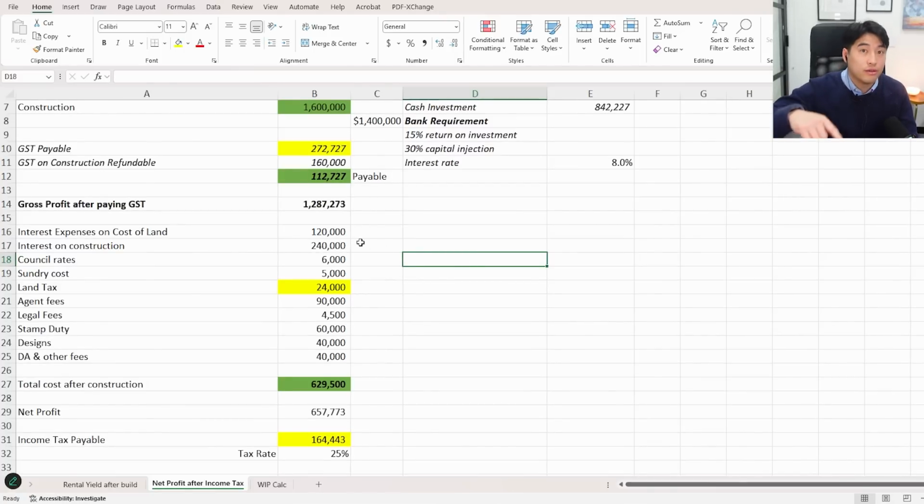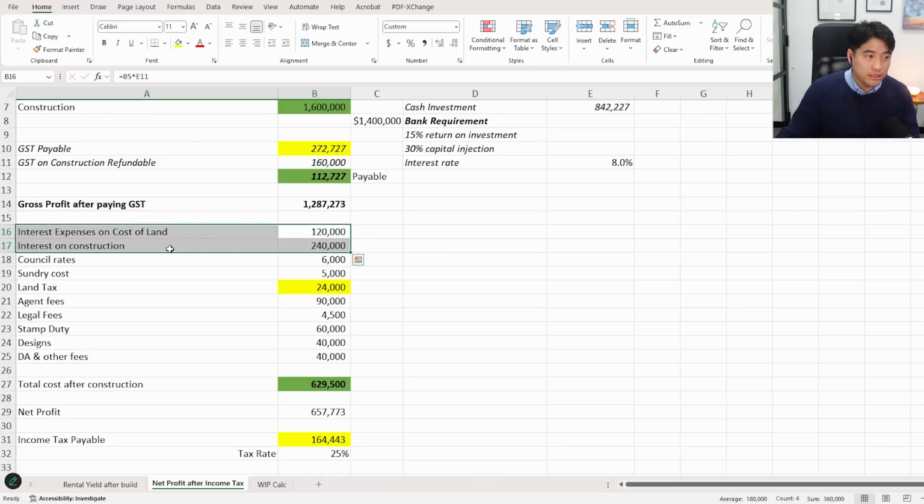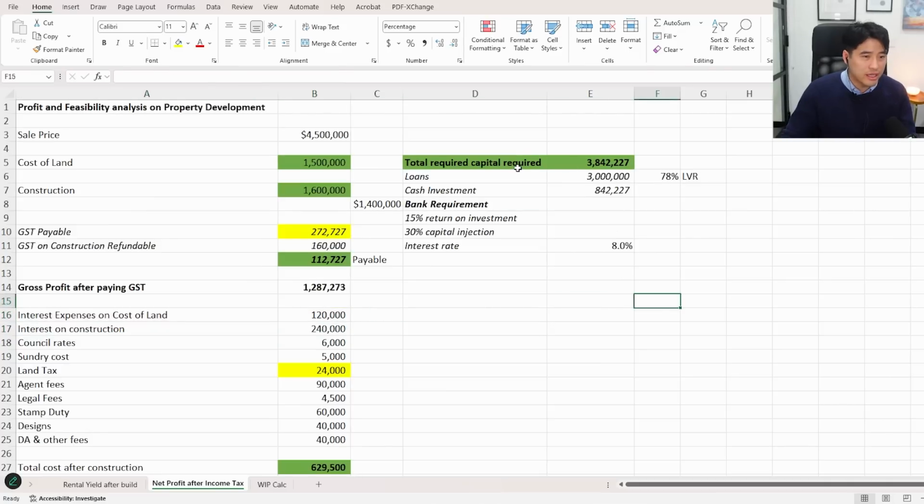And then on top of that, when you buy the property and when you invest, there's something that you're paying on the side, right? Interest, bank interest. So I've done this kind of calculation here on the side, which works out how much you can borrow and what you can't. So obviously,